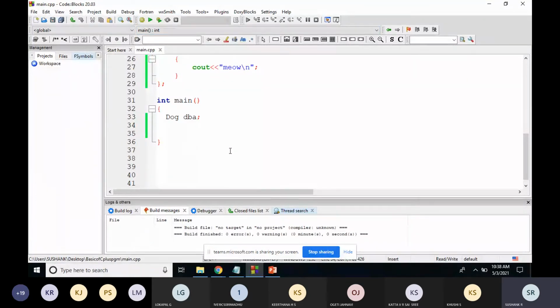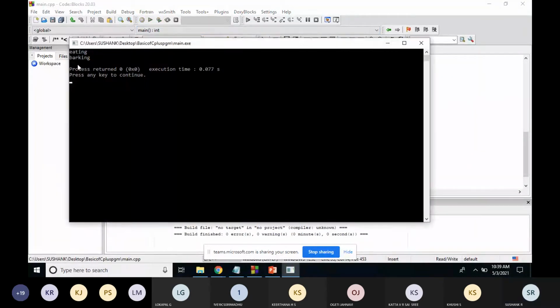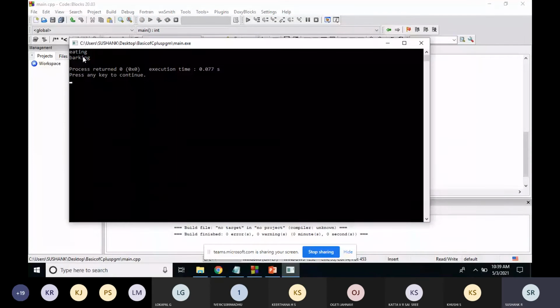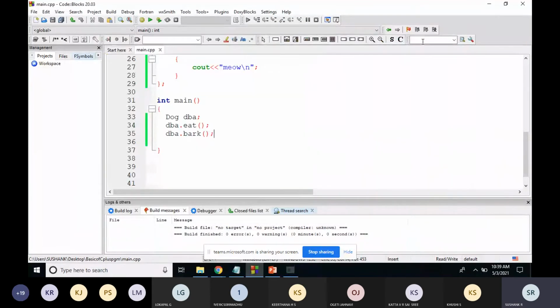Now, using the dog object, I can access the eat function of the Animal class, then the bark function of the Dog class. I'll run this. I'll get the output as eating, barking. Eating is from the Animal class, barking is from the Dog class.